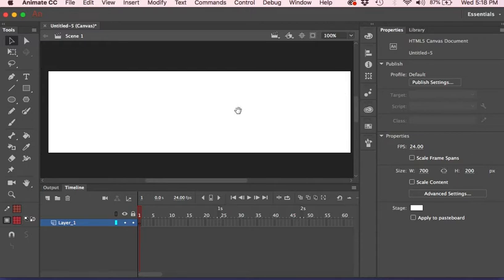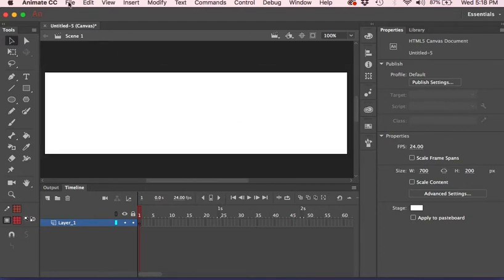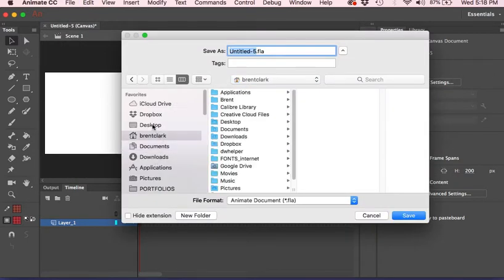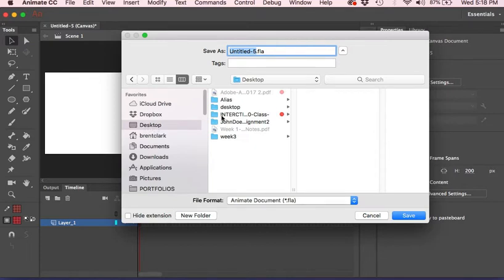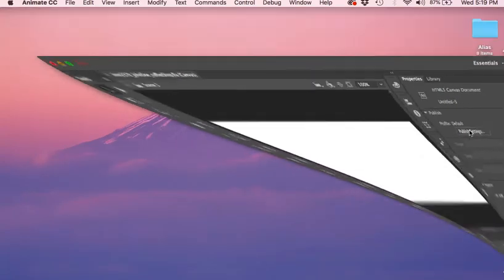I'm going to hit my space bar to give myself the hand, and I can move my stage around a little bit there. And I'm going to save my file. So File, Save As, find my desktop and where I put my folder, and I'm going to name it with the imm2370, your name, and the name of the assignment. This one's called Coffee Shop, and then we'll do Save,